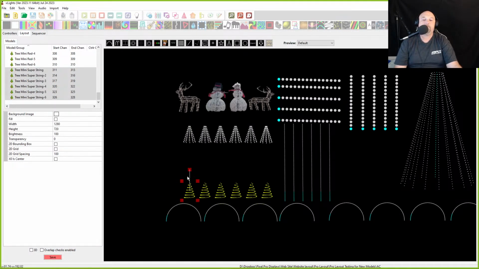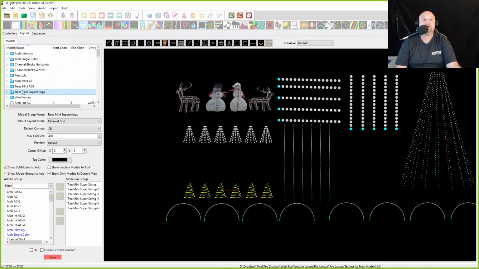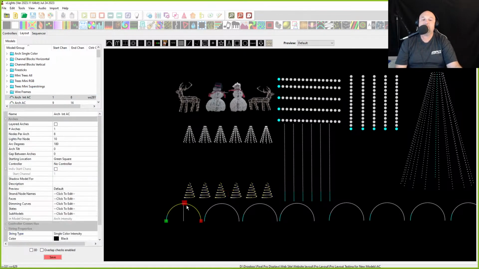And we'll go ahead and create a group here. I think, well, maybe we did. Mini tree super strings. I did do that. So, oh, I did. I had a mini RGB group. That's right. Oh, well. The other thing I wanted to show you was I wanted to show you some sequencing